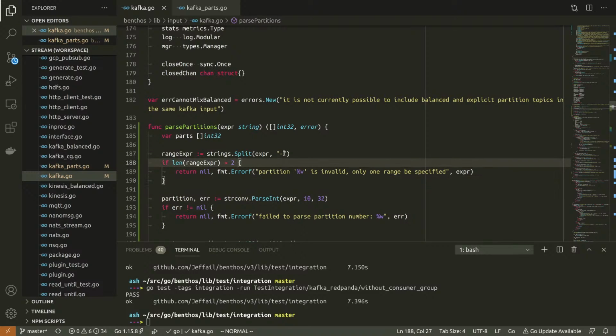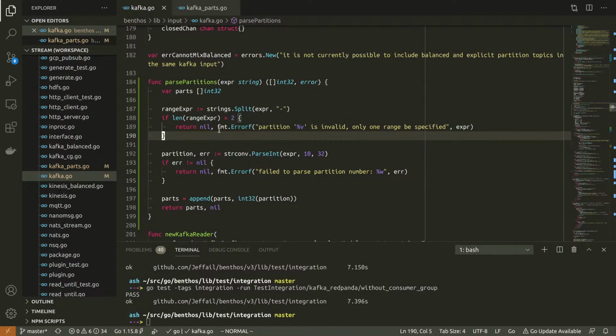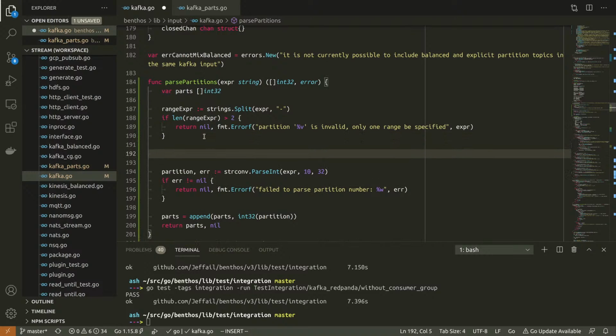I think if you end up with multiple dashes in your expression, then you need to get in touch, and we need to dig into what kind of syntax you're trying to get. And then maybe I can implement it. Right, so we've got a range expression that we've split. If it's more than 2, then you're wrong.